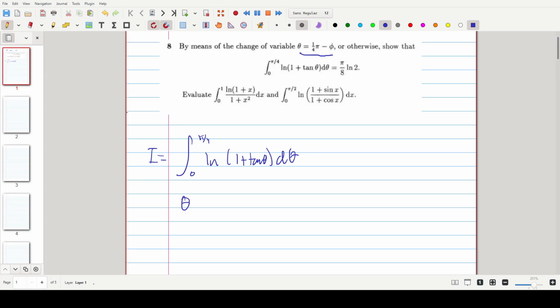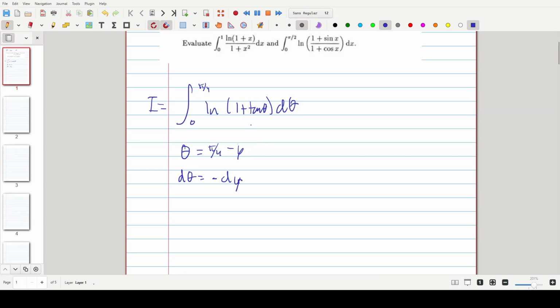So we're going to get theta equals pi over 4 minus phi. So d theta is going to be negative d phi. And then changing our bounds, phi 1 is going to be pi over 4 minus 0, which is pi over 4, and phi 2 is going to be pi over 4 minus pi over 4, which gives us 0. So rewriting our integral, we get the integral between pi over 4 and 0 of ln(1 plus tan